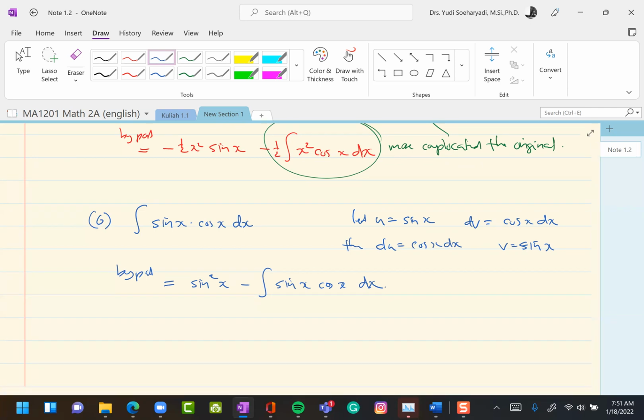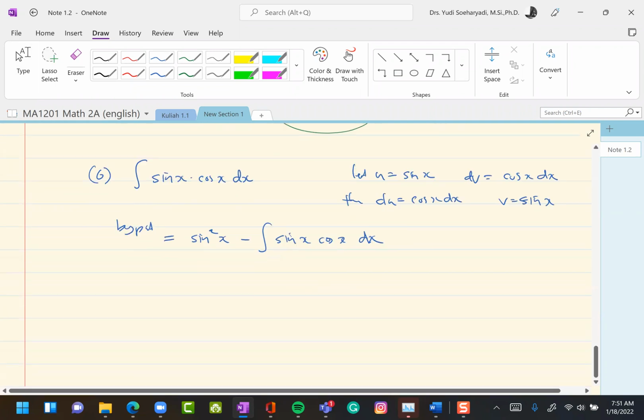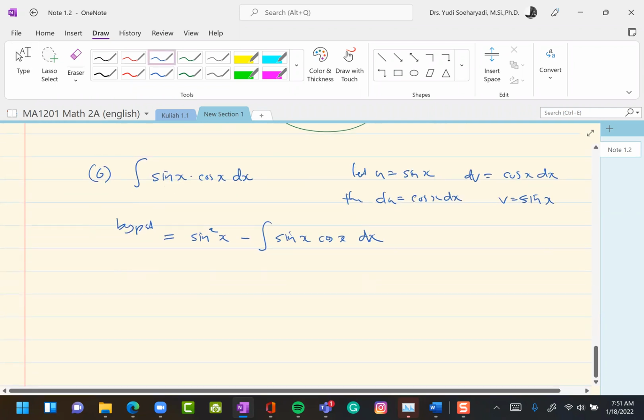You see, we start with this integral and you get this integral back. But because this is the same, you can put this,